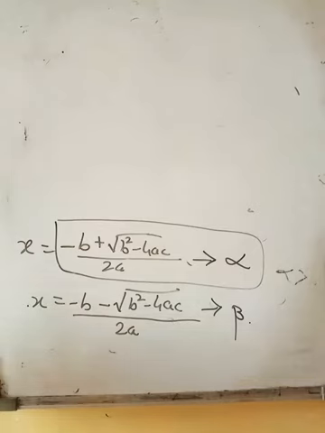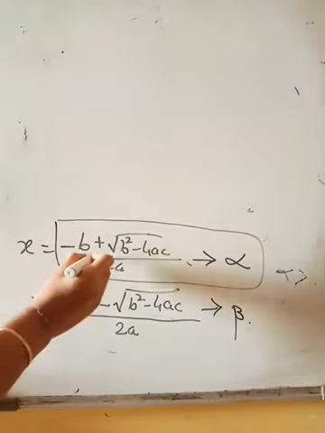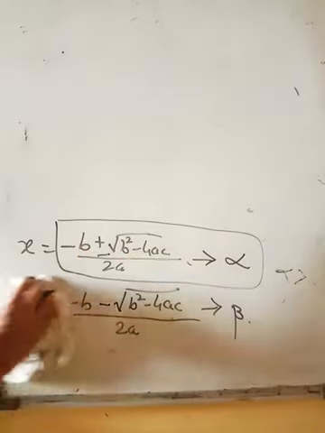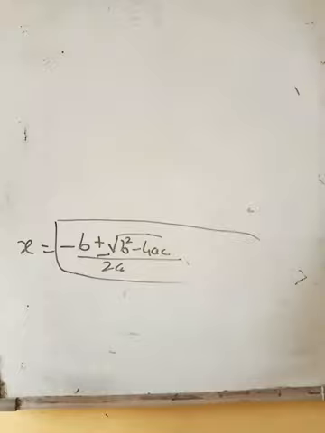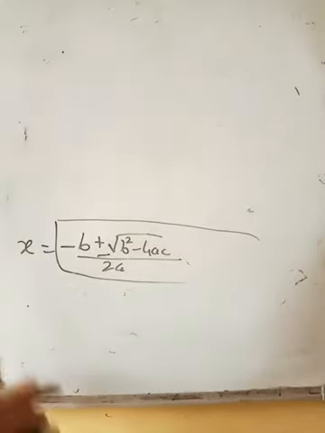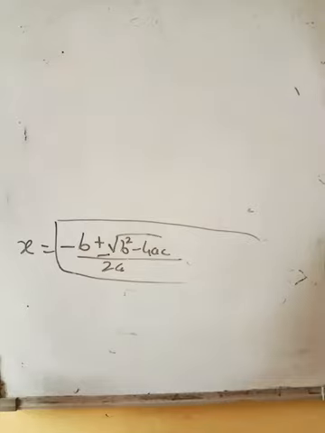But miss, we can't write like this? Minus b plus minus under root b square minus 4ac upon 2a. Miss, we can't write like this, that minus plus minus. You can, it will be done in one directly, no problem. So you wanted to say it this way, that's it. So we need not say alpha and beta together, both come in this. But I wanted to show alpha differently, beta differently, so I did this in this manner. So you understand what is alpha. Alpha is one root and beta is another root. Otherwise you can write this way, no problem. And I hope everybody has written this.